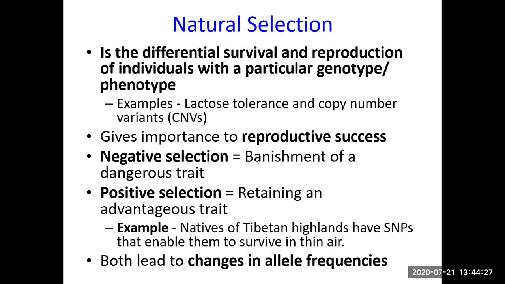Natural selection means when nature selects in a population, and nature would always select keeping in mind a bigger goal, a bigger picture. It is the differential survival and reproduction of individuals with a particular genotype. When nature sees there are 5 or 6 different types of genotypes leading to different types of phenotypes, how does nature screen? Nature screens for fitness and reproductive success, because nature wants the continuation of life, perpetuation